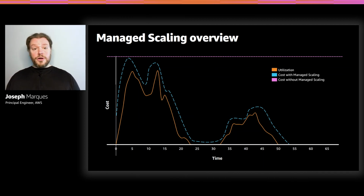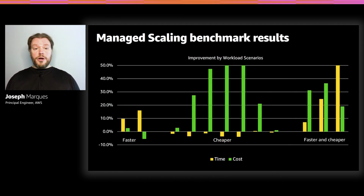And so how does this also translate into benchmark results? So we did benchmarking here, and essentially our observations broke down into 3 different types of jobs. Jobs that were just strictly faster, but not necessarily more cost effective. These were jobs that you could use more nodes for a shorter period of time to bring in your job SLAs and compute the results faster, but you didn't necessarily save cost because the area under the curve would be the same. The other would be jobs that were just strictly cheaper, and there were a lot of these,